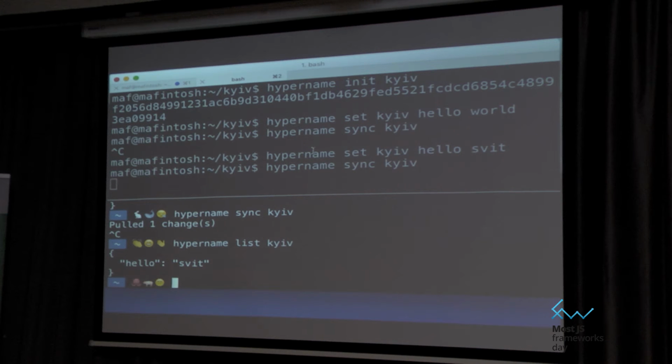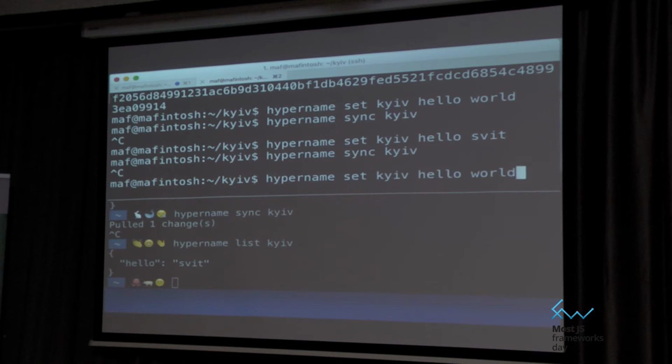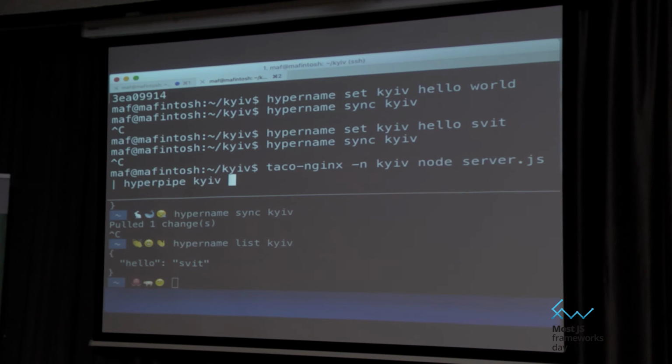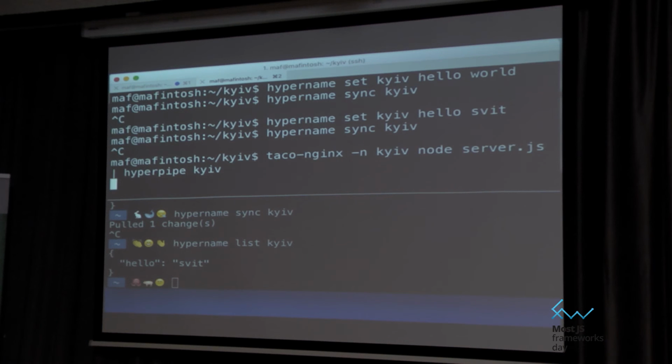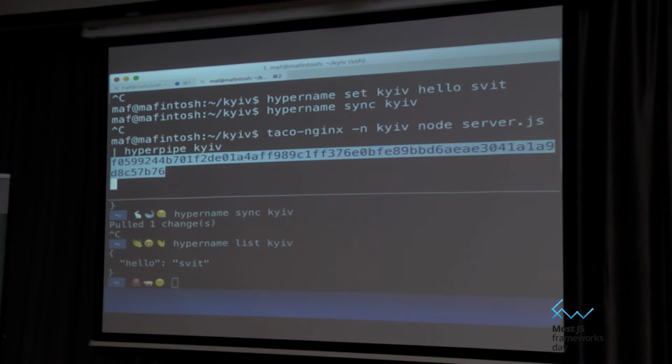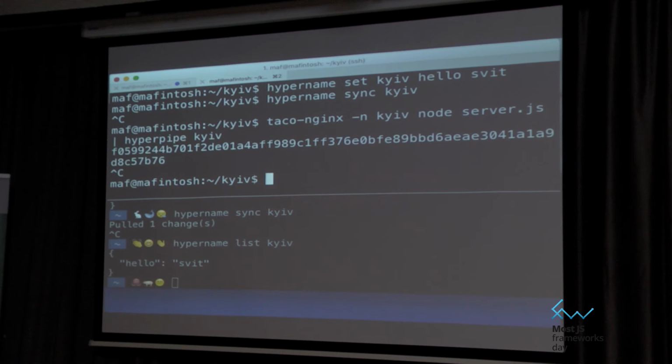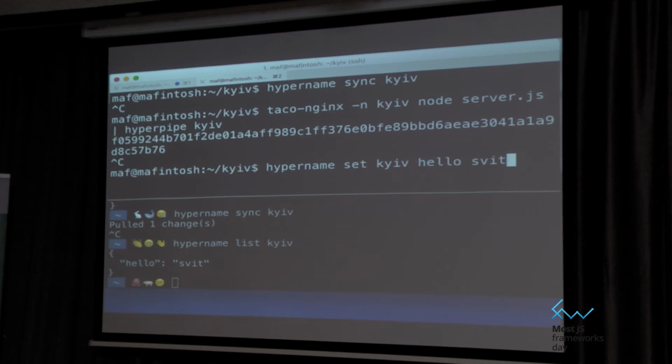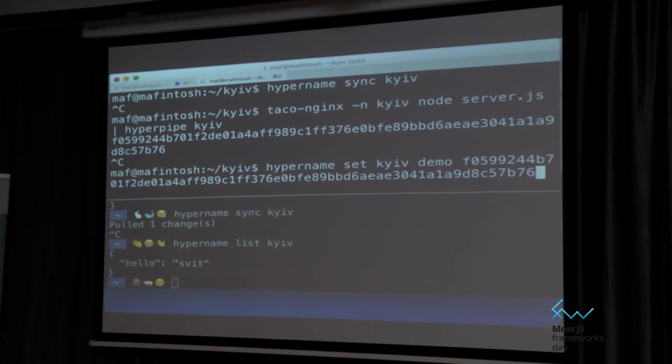Cool, picture time. But it's kind of boring to distribute these kind of keys. We all know how to say hello to the world. So instead, we want to replicate these cool logs that we wrote before. So I'm just going to get the key again. We want to replicate this key instead because this is the hard one to remember, right? So we set a key called demo, and we set it to our log key here.